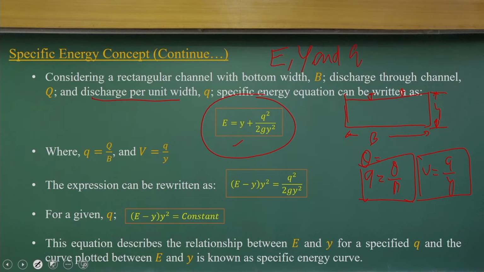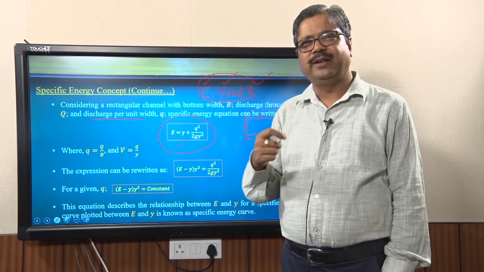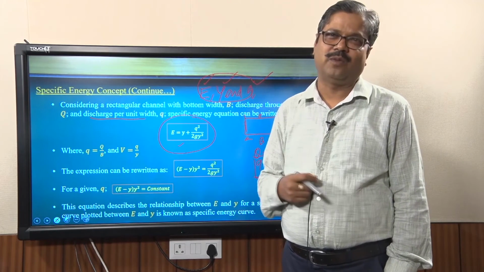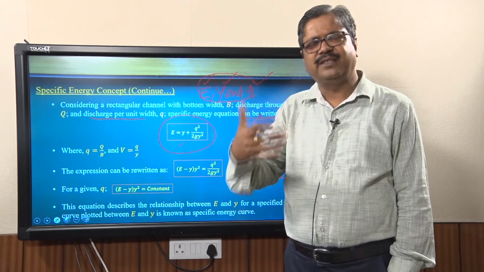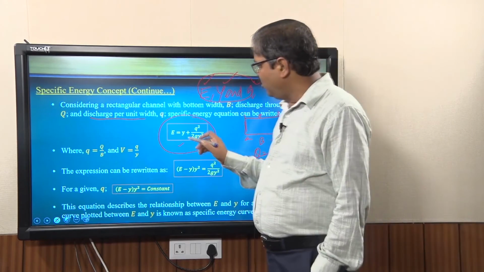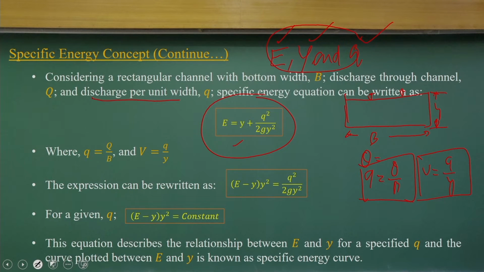Okay. So, I have the specific energy, the flow depth, and the discharge per unit width. So, three variables I have, and it is established with these three equations. Now, I am not going to look minutely at these equations and the derivations, which we can follow from Hanif Chaudhary's books, but let me give a conceptual understanding: we have the specific energy, y, and q, three variables, and we got a relationship of specific energy.